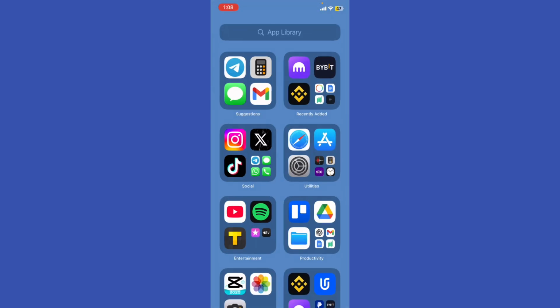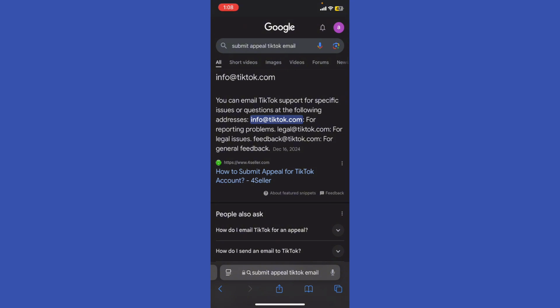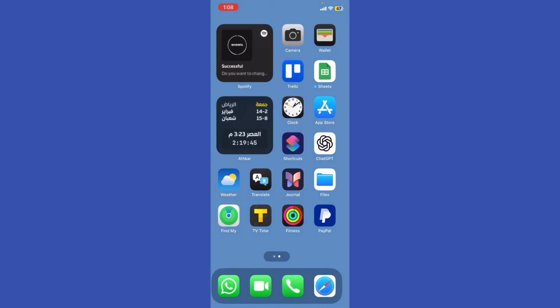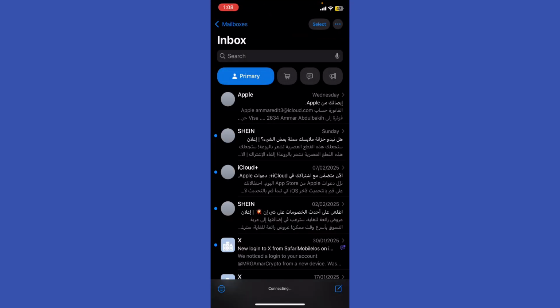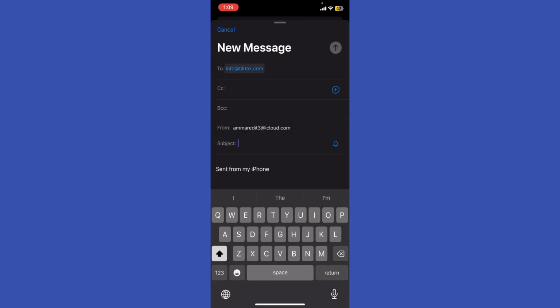Next, submit an appeal. Go to your browser and just type appeal TikTok email, and you're gonna copy the TikTok email, and you're gonna just go to your preferred email, okay, preferred email platform, and I'm gonna hit the pencil at the bottom right, and just type your appeal, okay, and